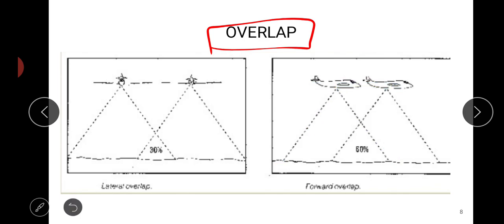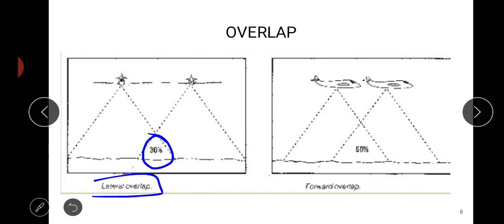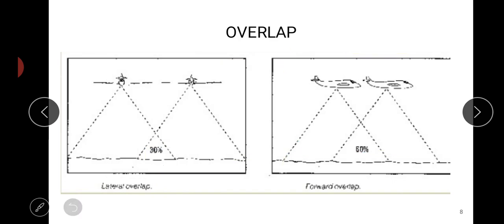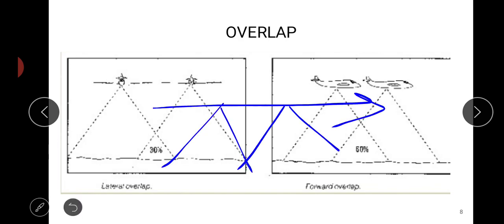Here you can see in the image that this is the flight direction, which is moving forward, and the overlap is 30%. This is called lateral overlap, when the flight directions are parallel to each other. And forward overlap is wherein the photos have been taken in the direction of the flight itself.